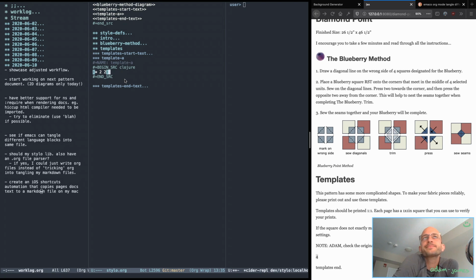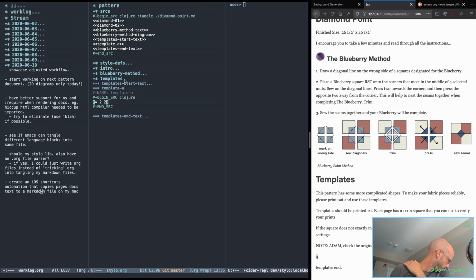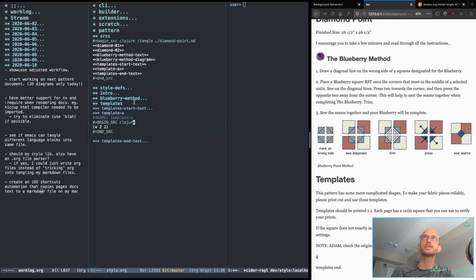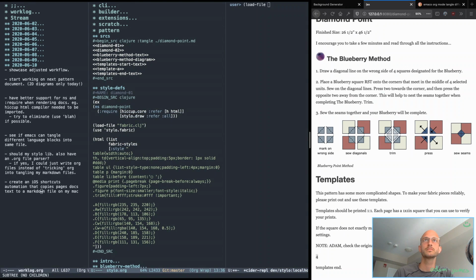Oh, excuse me, a little tired today. So this is template A. It's a symmetric diamond. So I'm thinking through now how I want to make the function. So what I have available as functions are, let me actually load file. Is that a thing? Yeah, load file. What's the